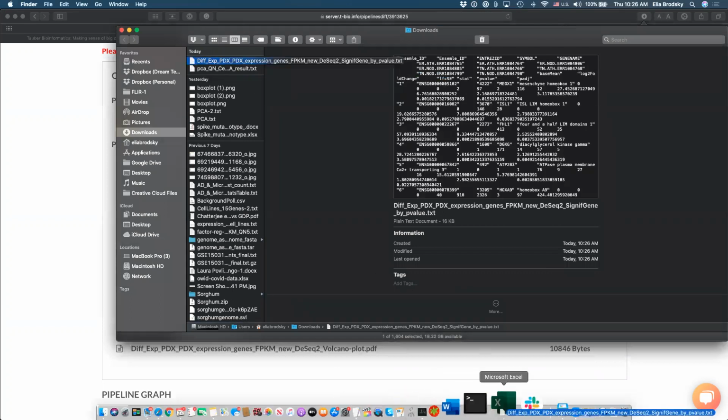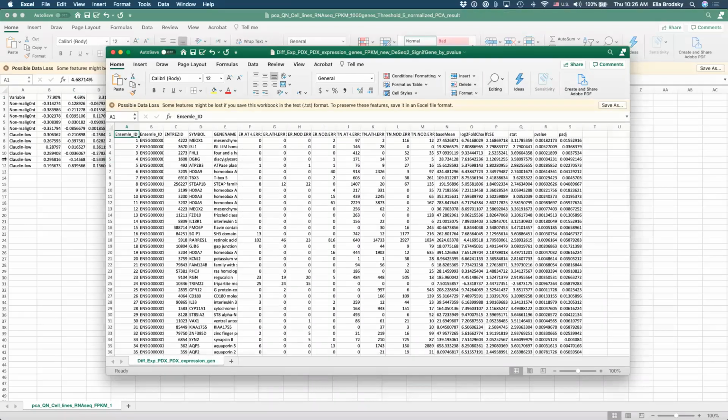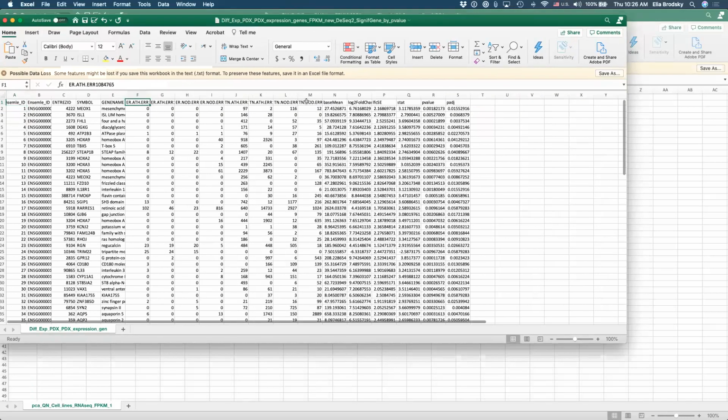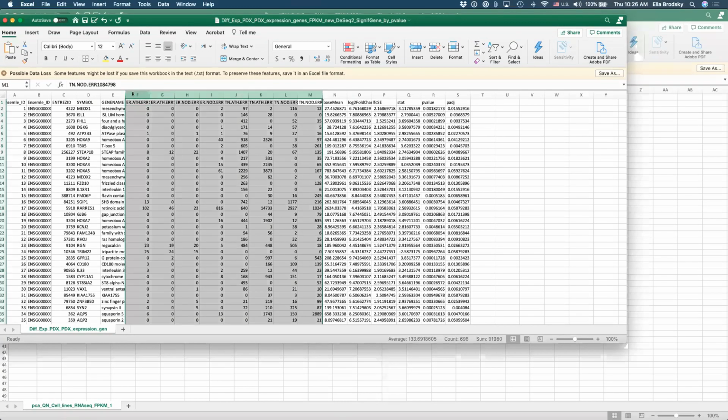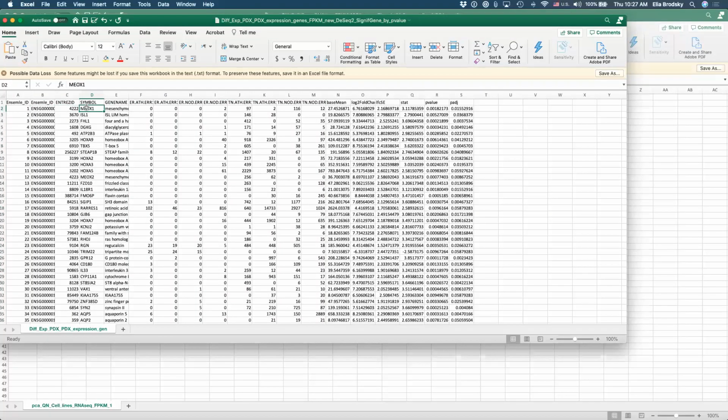So open it in Excel. What do we have here as a result? As a result, we have the full table of expression, which is right here, right? So this is the full table of expression. But we also have the Ensembl ID, Entrez ID, the symbol, the common gene name, and the full name, as well as some statistical properties like the base mean, which is the mean for the samples overall. And we have the p-value, the p-adjusted value, which is the adjusted p-value for false discovery rate, and the log2